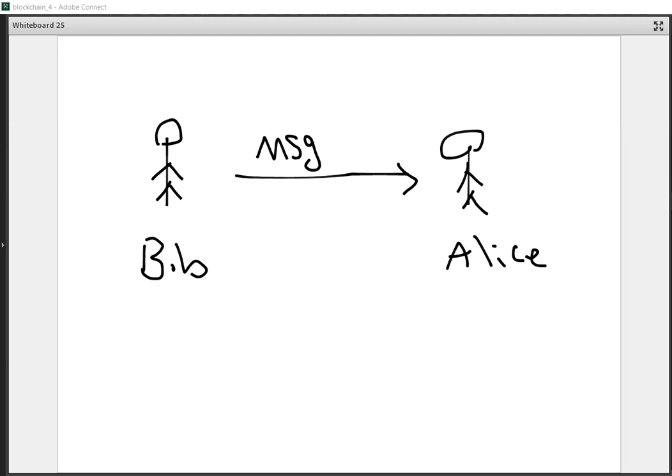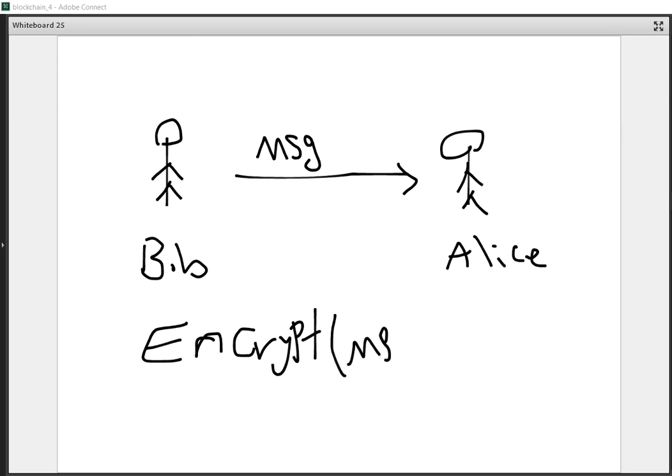Now Bob must encrypt the message with the Alice public key. Okay,